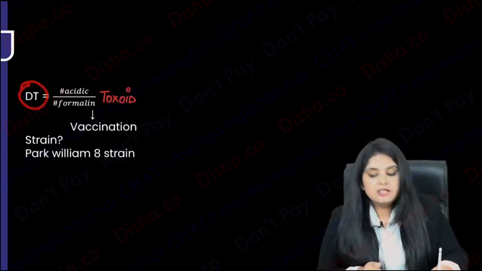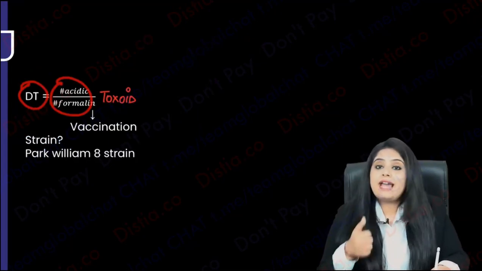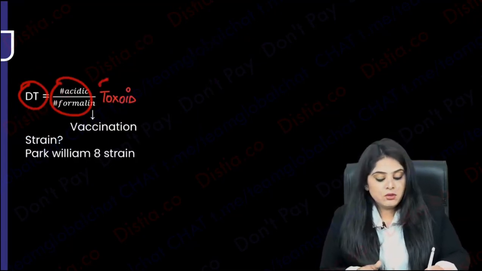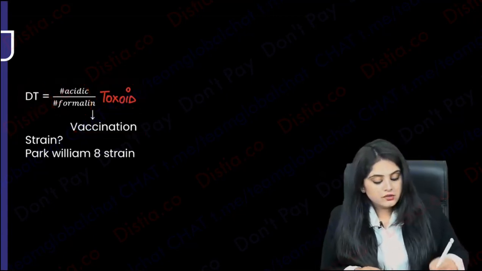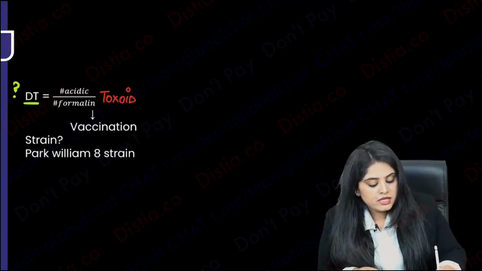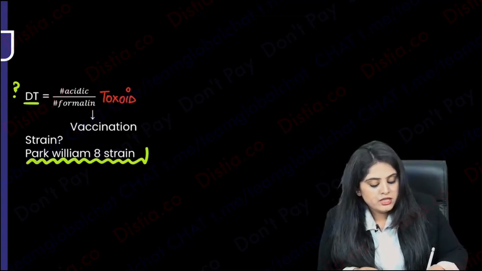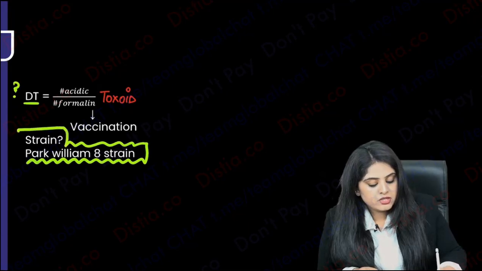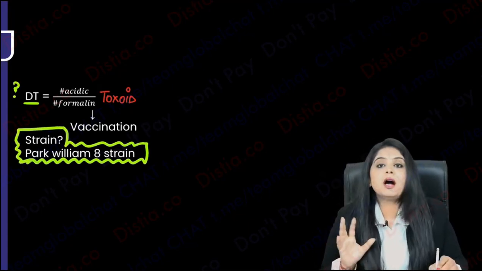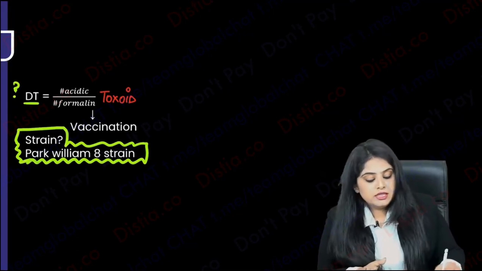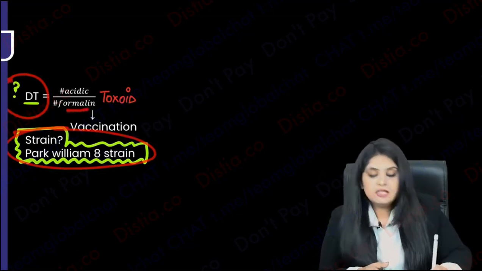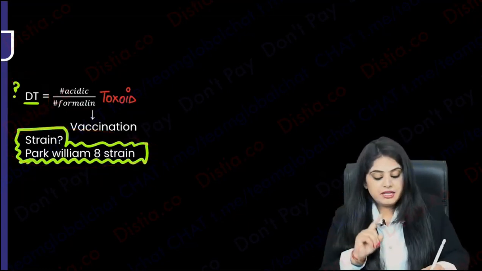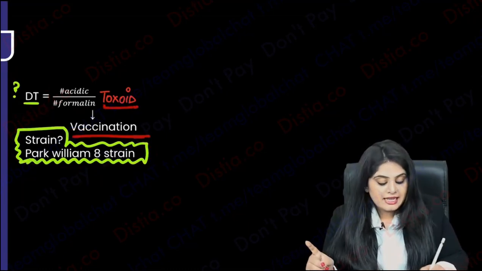From the same diphtheria toxin, if I keep it in an acidic environment with formalin, what I'll get will be a toxoid. And I know toxoid is used for vaccination. So simple, whose diphtheria toxin will you take? What is the strain that we usually use? You know all these strain questions are their favorite questions, right? The Park-William 8 strain. So you will take the diphtheria toxin from the Park-William 8 strain, keep it in formalin and acidic environment, it will change into a toxoid, and then you will be